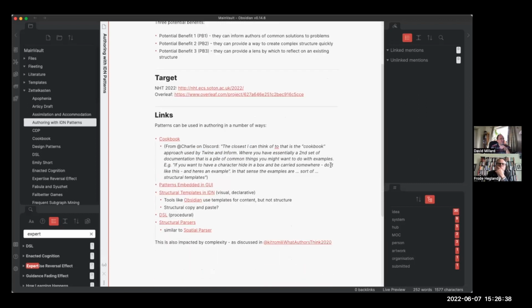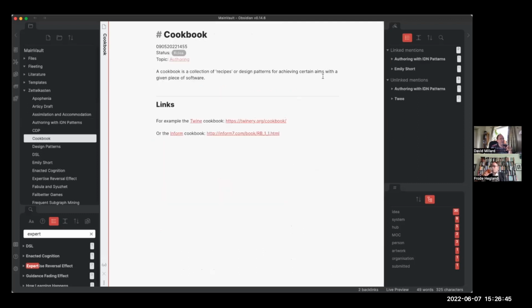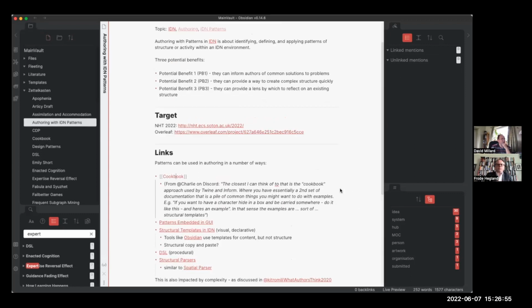So in this case, I was trying to think of different ways that patterns could be used in authoring tools. So I define those ways. They become pages of themselves, which is just a simple definition of them. I've got templates for these things, and it builds up. And it's been interesting for me because I've not worked in this way before. And it reminded me heavily of your